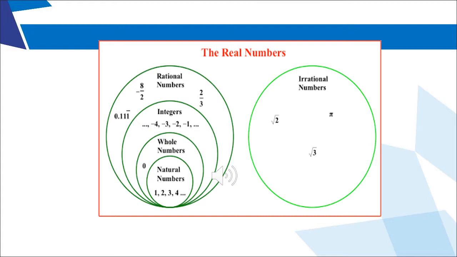And in the circle above it, it is written rational numbers. So what you can see is that all the integers, whole numbers and natural numbers, you can say are rational numbers. To understand rational numbers in detail, we will see the next slide, and I will come to the explanation of irrational numbers in the second part of the chapter.